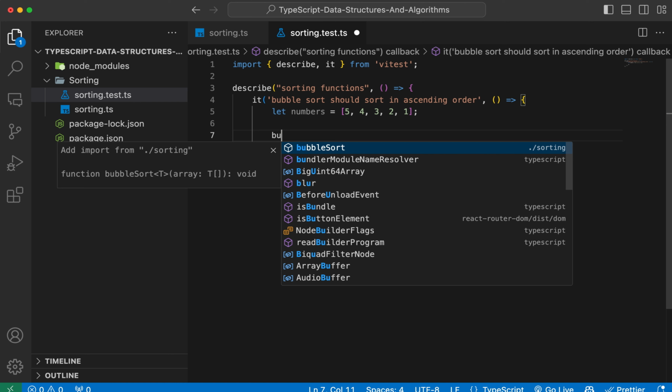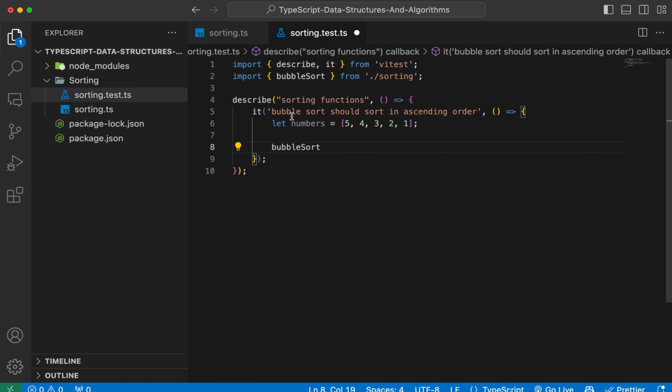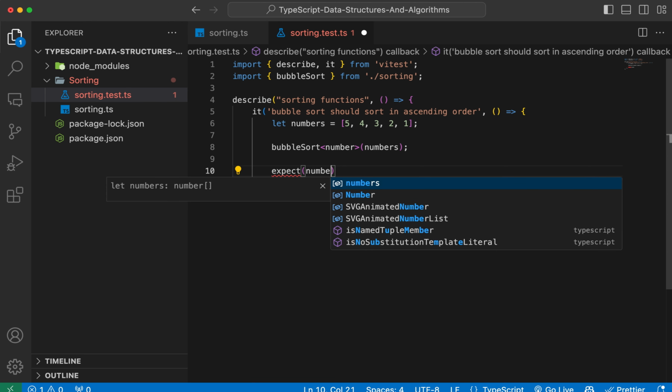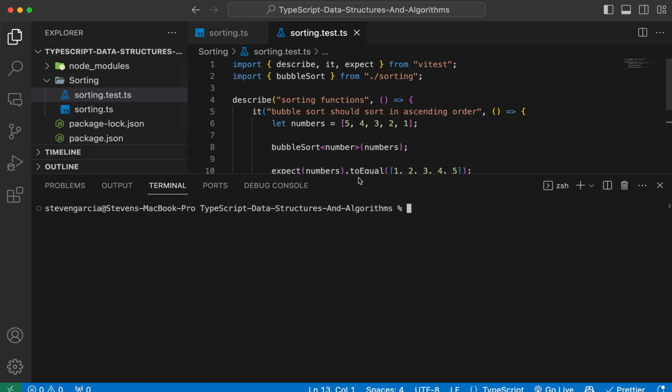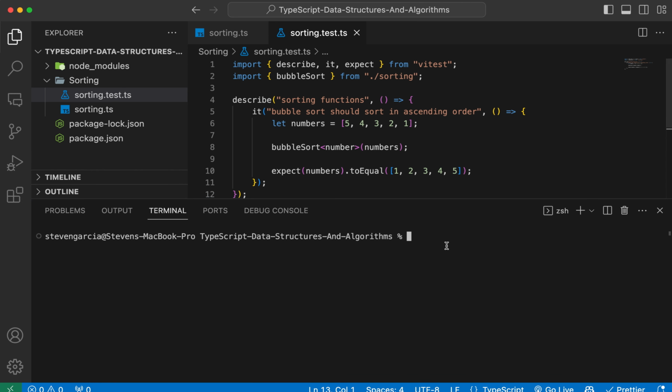Right, and then we can utilize our bubble sort function. It's imported from the sorting class file we will implement shortly. I'll specify numbers as the data type and pass that in. Now we write our assertion. So I'll say expect numbers to equal, and I will write the expected output. Right, so import expect. So this is our test, and we will use that to test whether we successfully implemented